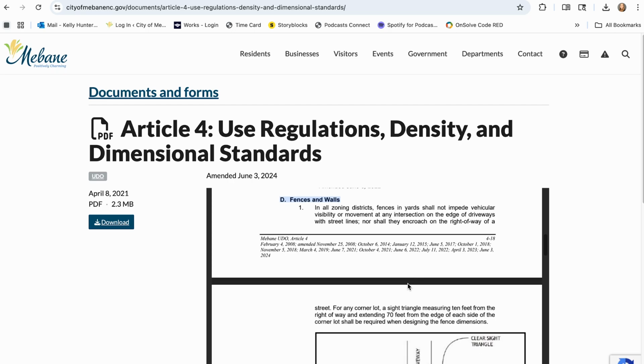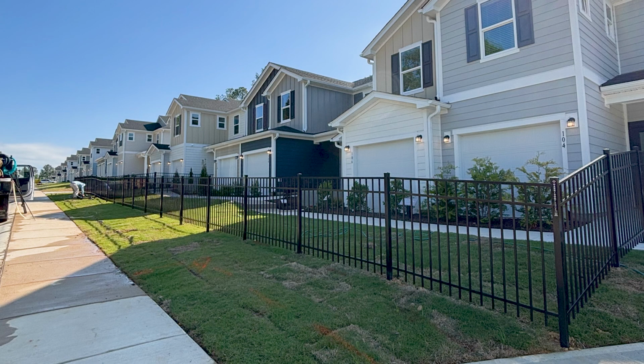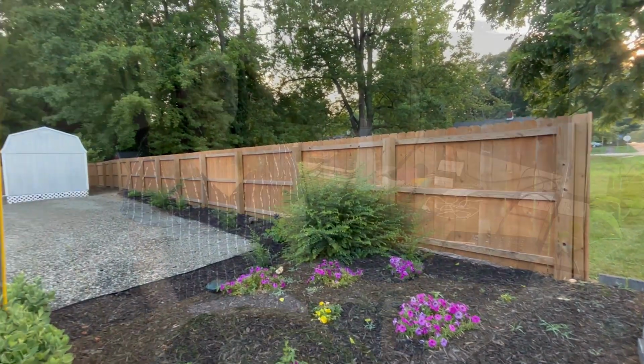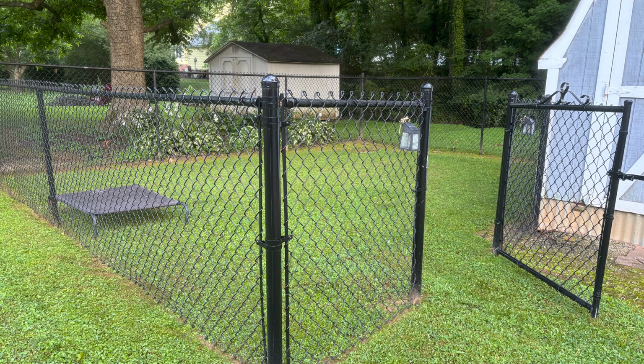In the UDO, we list permitted materials and prohibited materials. Permitted materials include masonry or stone, aluminum, iron, vinyl, and wood. And we also have some special rules related to framed welded wire and chain link. These types of fences are generally allowed in backyards and most side yards.